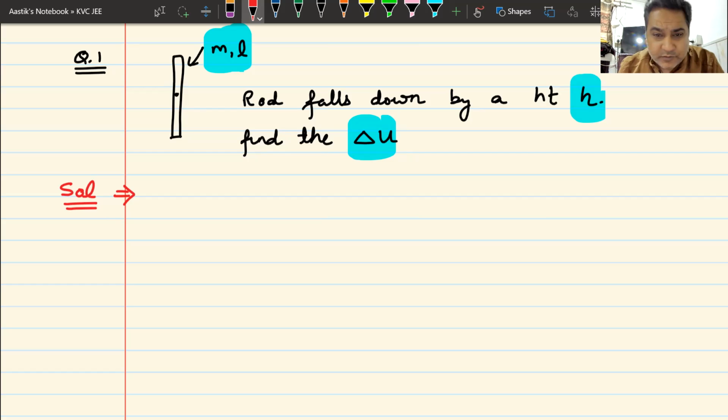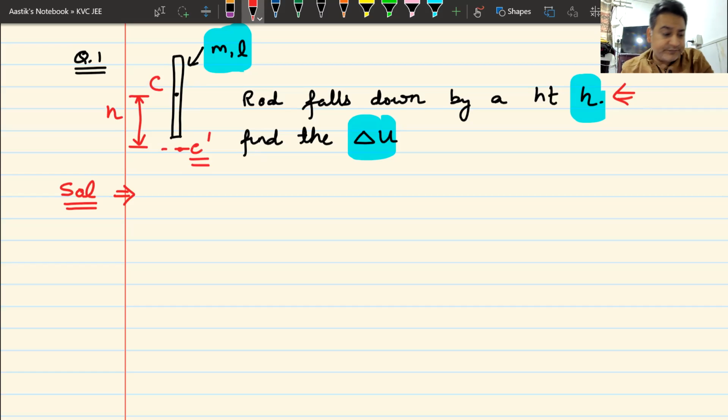So it's a simple question. So basically, what is going to happen? You just draw a simple diagram. The rod falls down by a distance h. Remember, we are not concerned with how much the rod has fallen. What we are concerned with is how much the center of mass has fallen. The center of mass of the rod is at the center, I've told you. Now, if this entire rod falls by a height h, the center of mass will also fall by a height h. Yes or no? So it will now come to this point C dash.